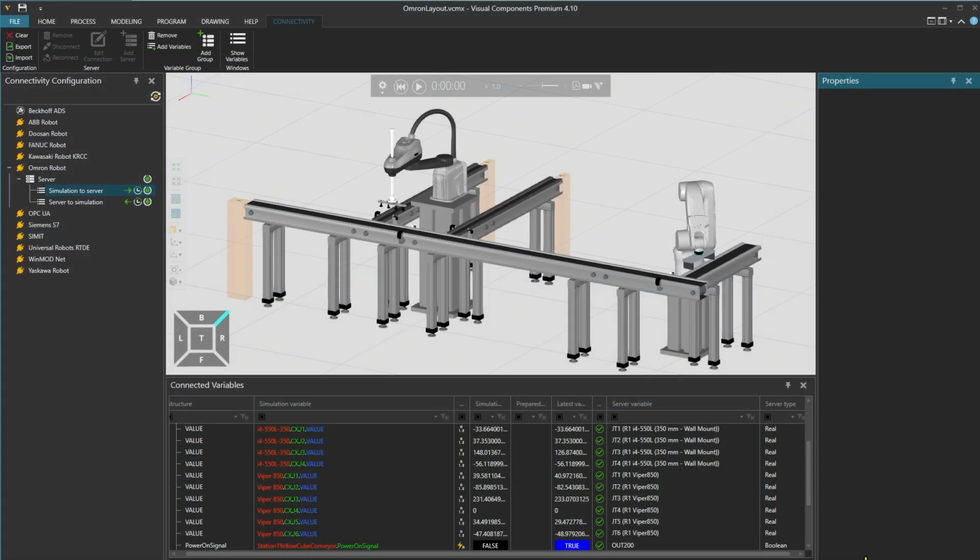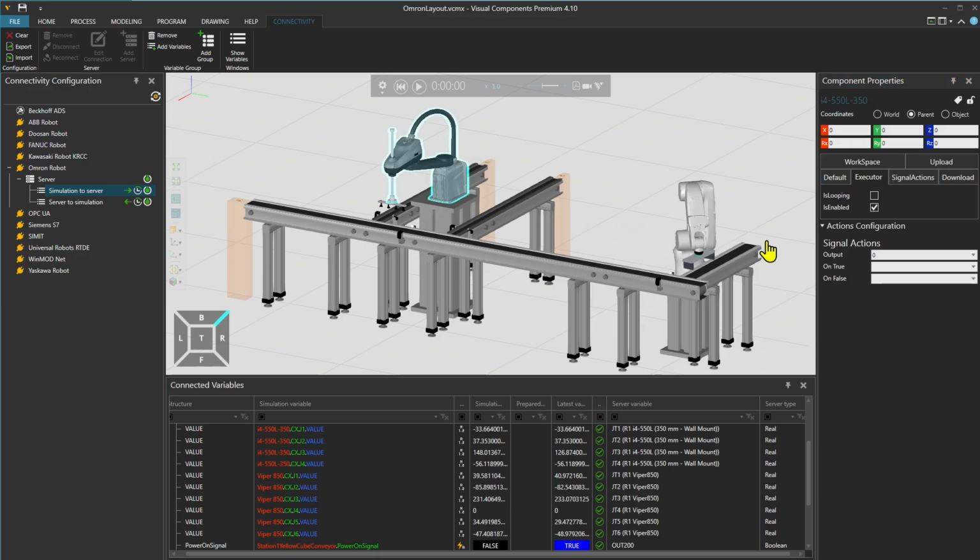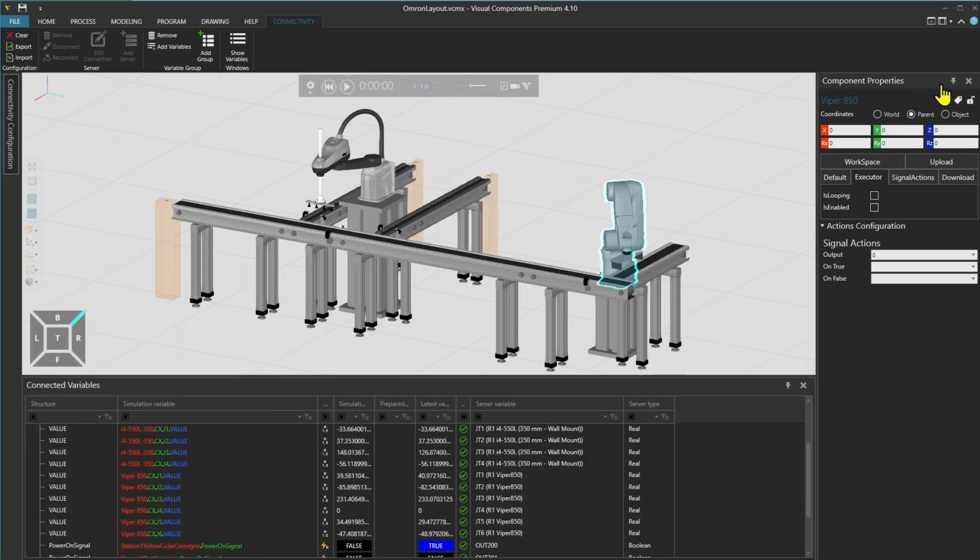Before starting the simulation in Visual Components, let's disable the executor for the robots in their Properties panels on the right. Then to create some more screen space, we can use the pushpin control to hide the connectivity configuration and component properties panels.